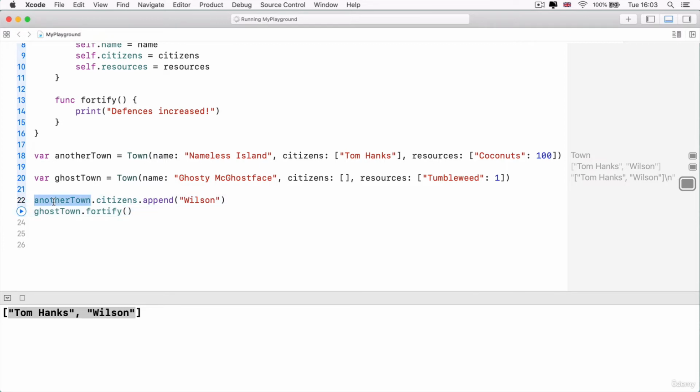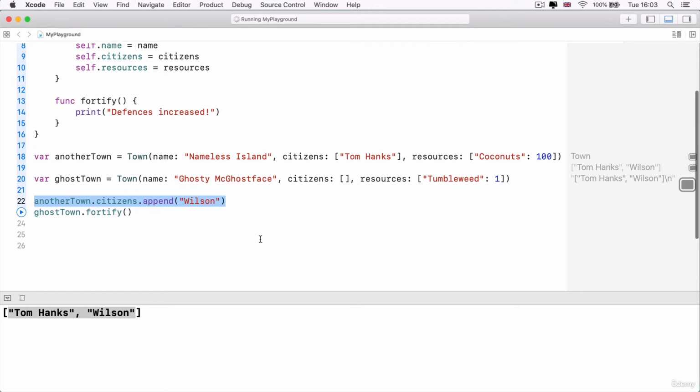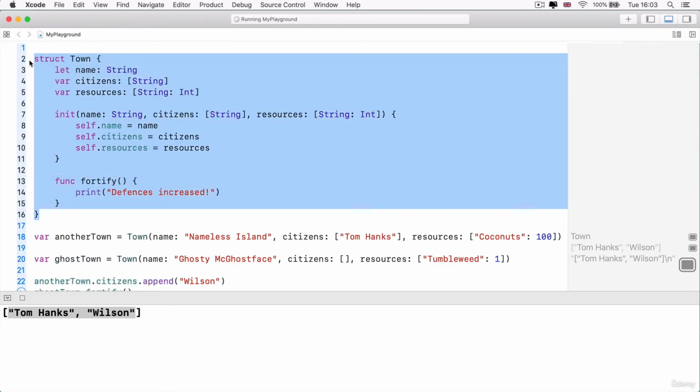Notice how here I'm tapping into different objects that have essentially been created from the same blueprint. And when I hold down Option click on each of these objects, you can see that they both have the same data type. They're both created from the town structure. But they are really different from each other. They have different names, different citizens, different resources, and I can specify which one I want to manipulate, which one I want to change, whose properties I want to tap into. And now we've got essentially a whole bunch of things that we can play with by using this blueprint as